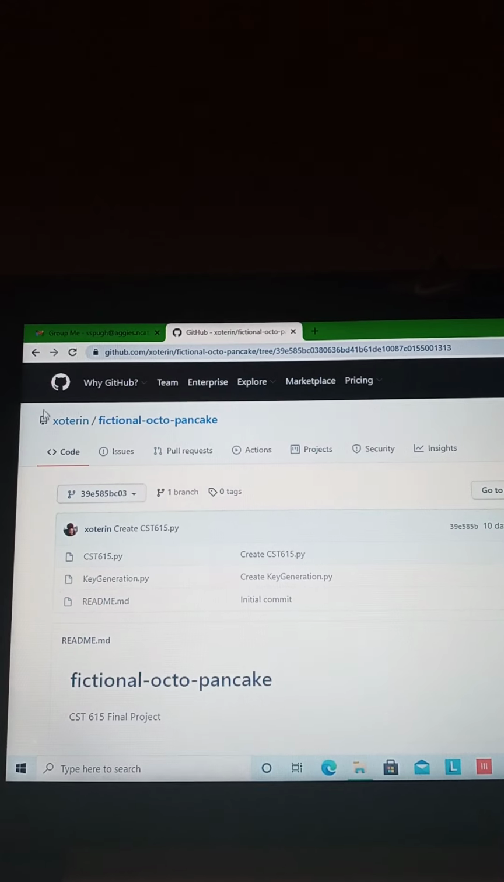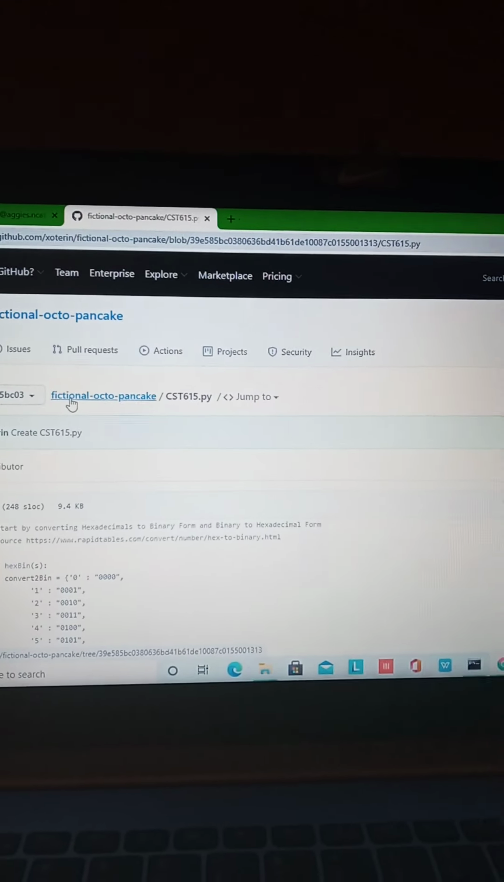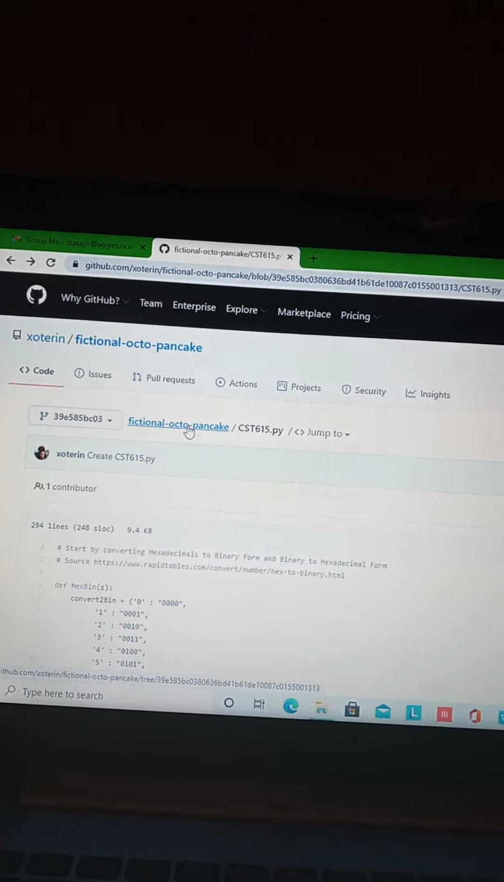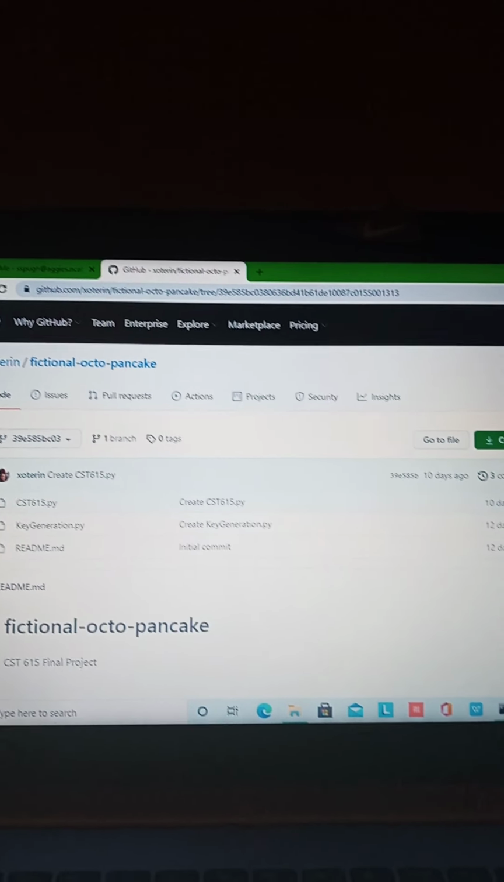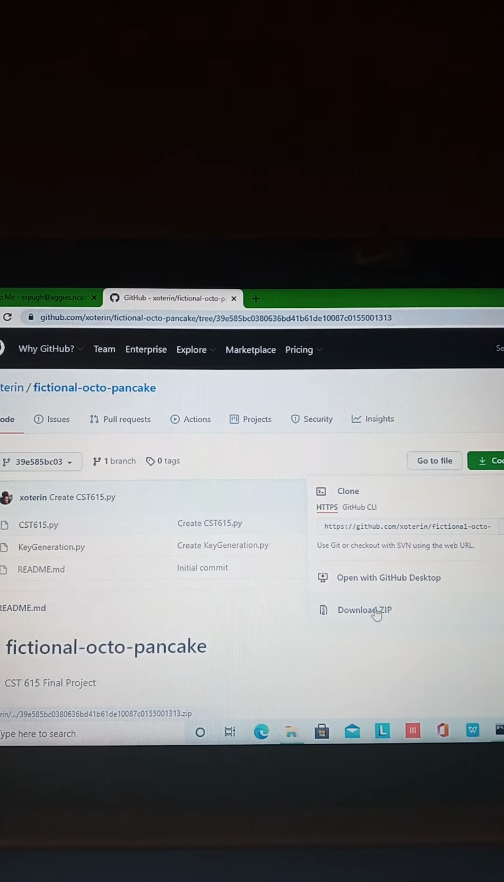Okay, so let me go back. Okay, I got it. Sorry. So I clicked on the Financial Octo Pancake. I clicked on this button. And I clicked on this where I downloaded the zip